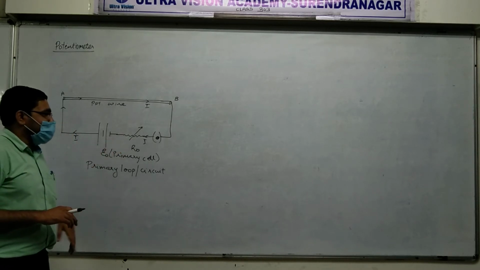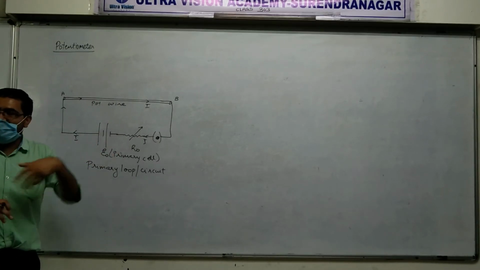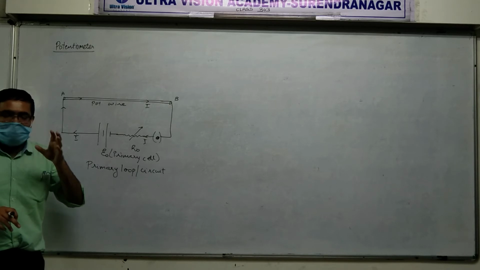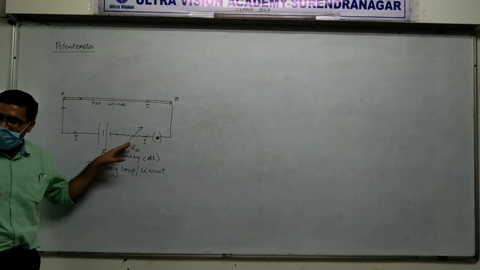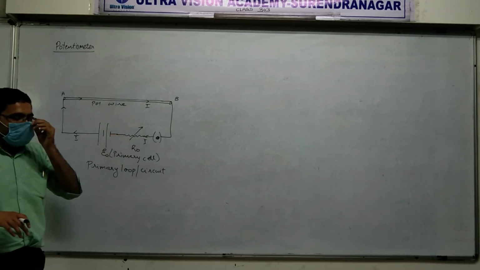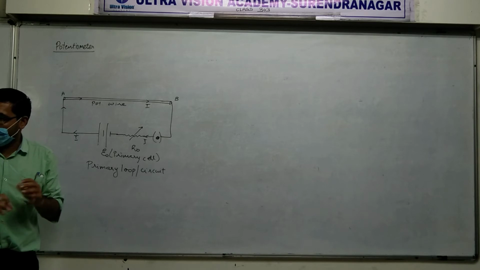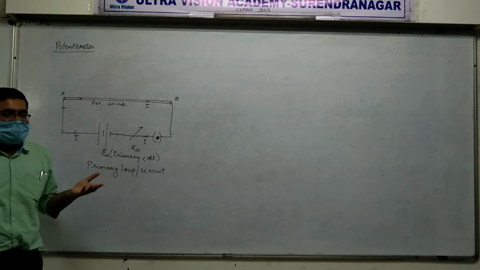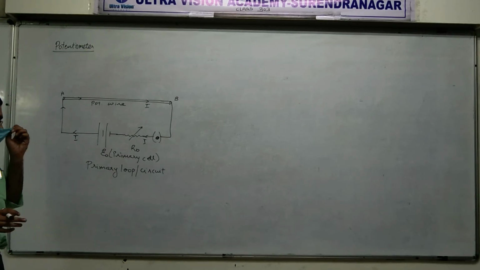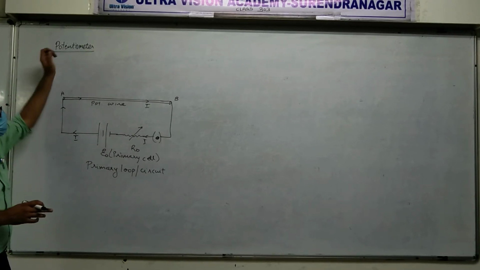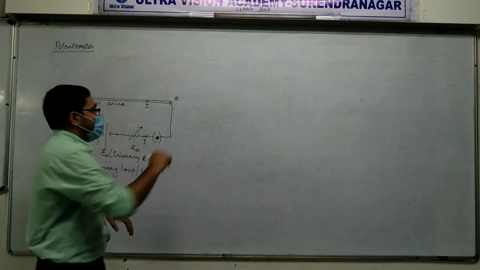What's the purpose of this resistance? It is generally to keep the current less. Above current flow, damage. So if we connect extra resistance, the current will always remain less. Do we have to change it while doing the experiment of the potentiometer? No, never. Once you start an experiment, you should not touch it. So it's generally a constant. Nevertheless. Now, how to use this and what's the logic behind it?